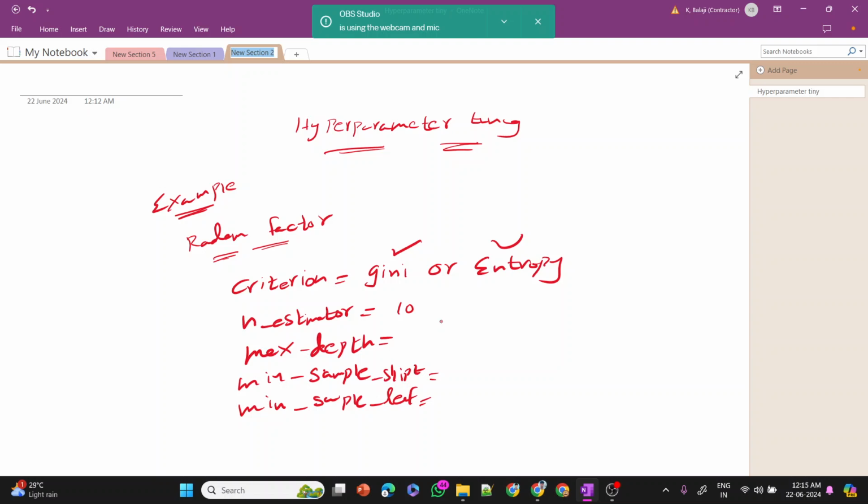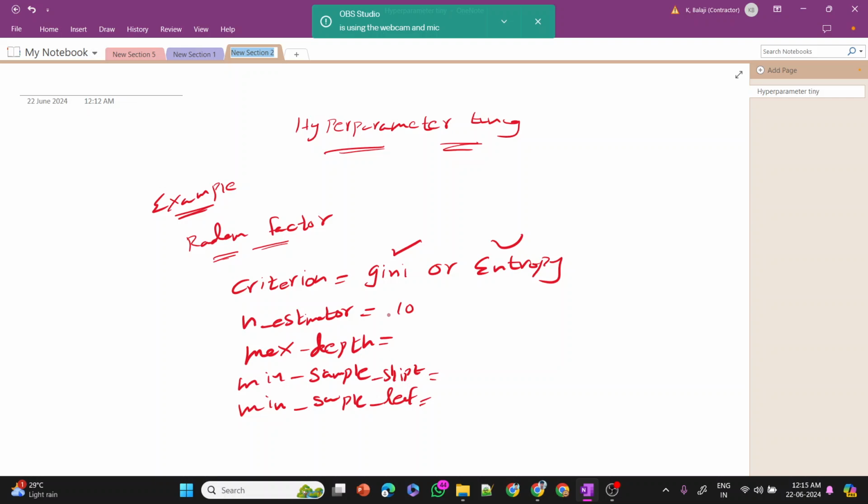So we need to find the best parameter value for each of these parameters. So choosing the best parameter for the algorithm is called